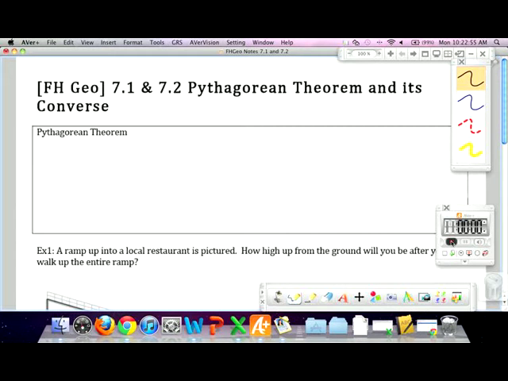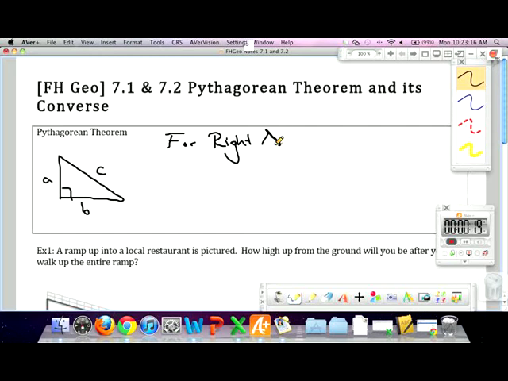Hopefully we recall the Pythagorean theorem from days of old. Just as a quick formal restating, the Pythagorean theorem says that for right triangles, the following expression holds. It says that a squared